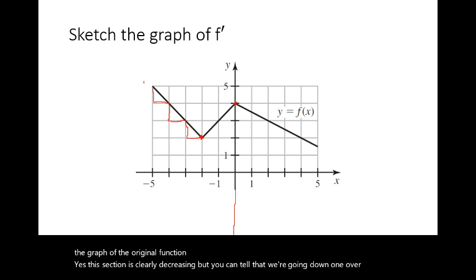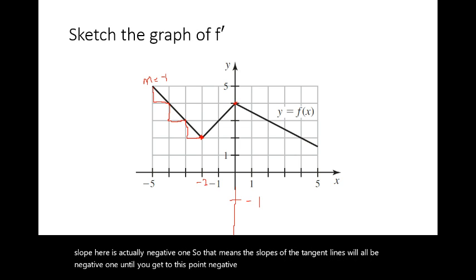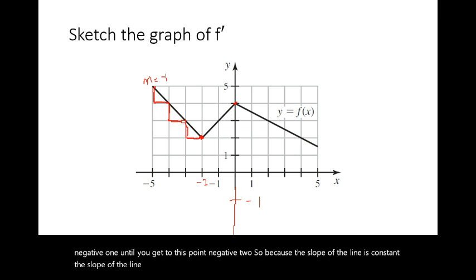So the slope here is -1. That means the slopes of the tangent lines will all be -1 until you get to this point, -2. Because the slope of the line is never changing, the derivative will be a constant -1,